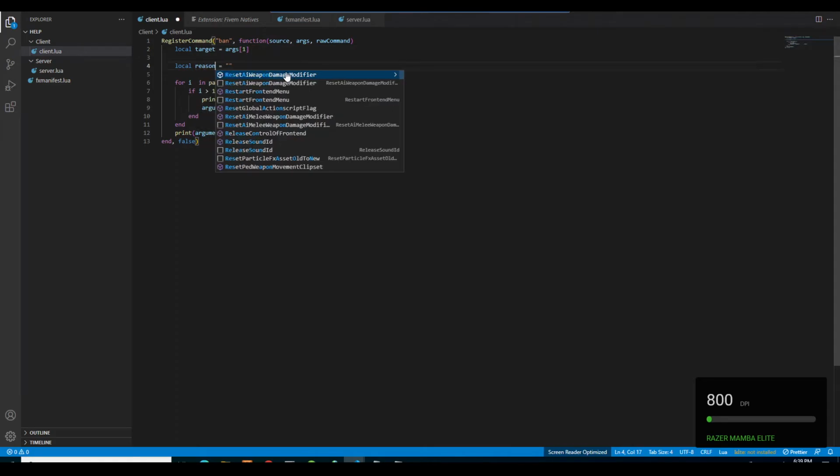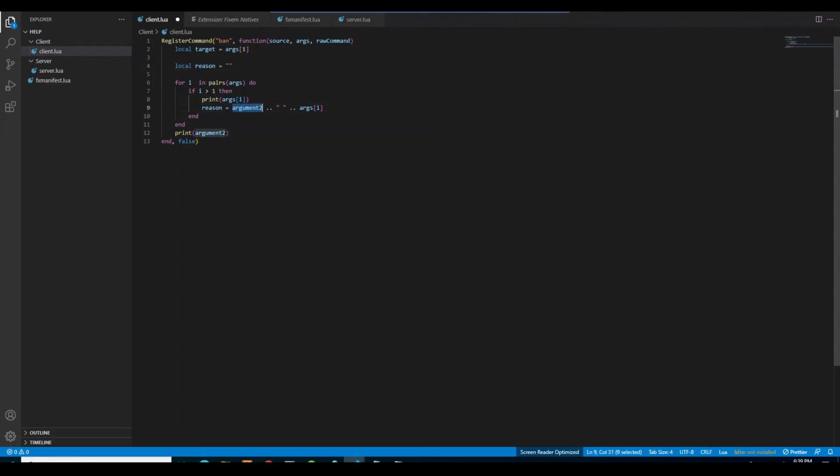Argument 2 would become reason. So we can do reason. We can change these two. We can remove that real quick, and this is still good. And then we can change this to reason. And then we can do something like,